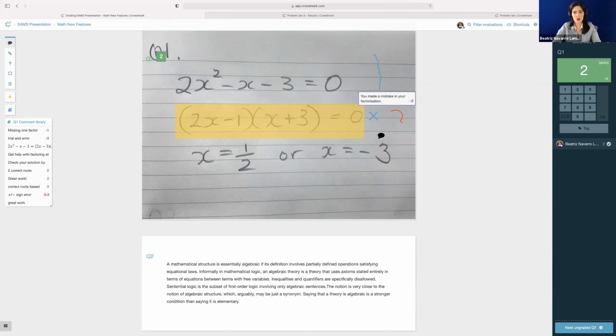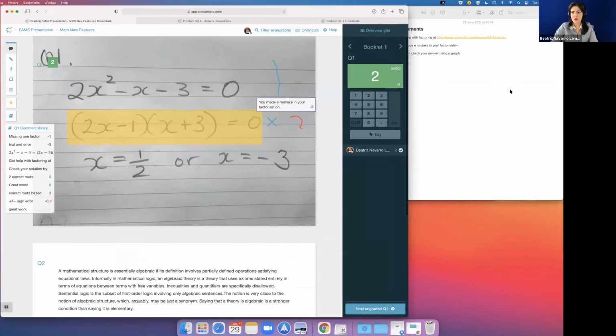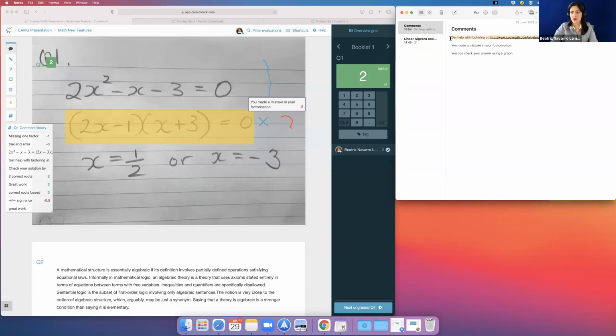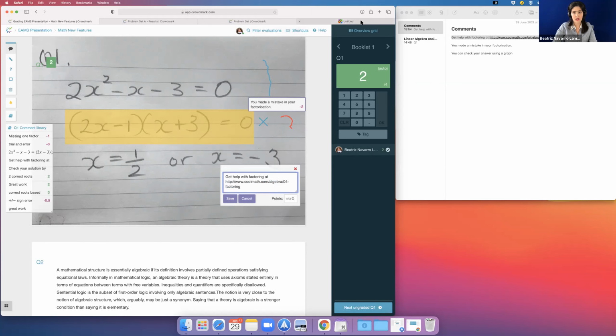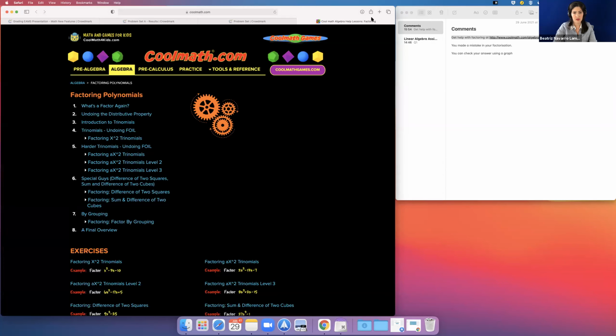We can also do some very cool things. I'll just show you. We can add hyperlinks to student solutions. For example, we can add this comment that I wrote here with a link, and then the students can click on this and it will take them to a page where they have some help.